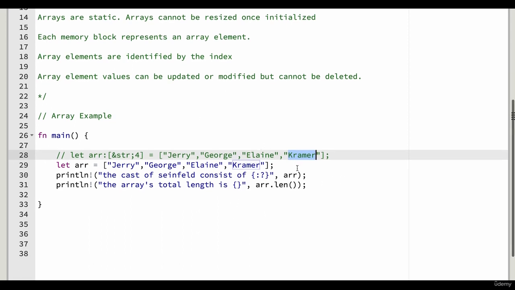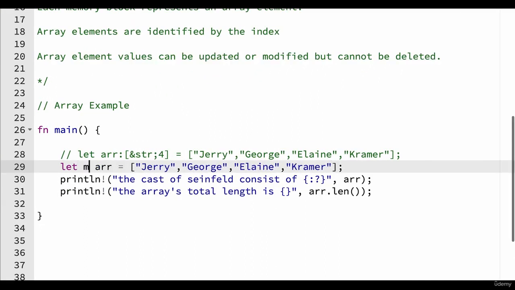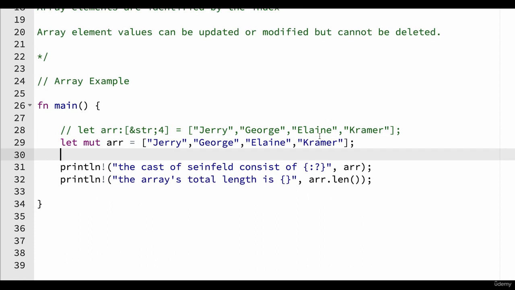Now, can arrays be mutable? Yes, we said we can modify. So if we're going to modify this array, what would we have to do? Well, we would have to add the mut keyword. So we add the mut keyword. And now it's mutable. So if I wanted to actually change the value of Elaine, let's say we wanted to